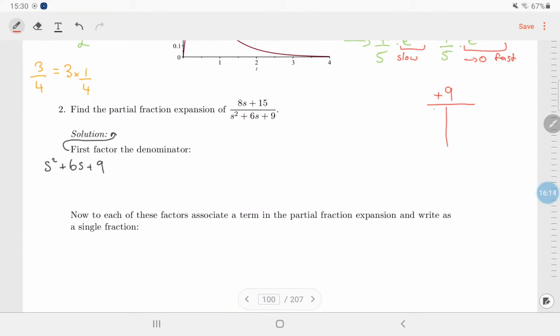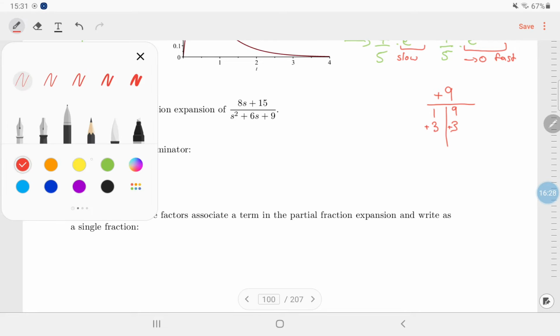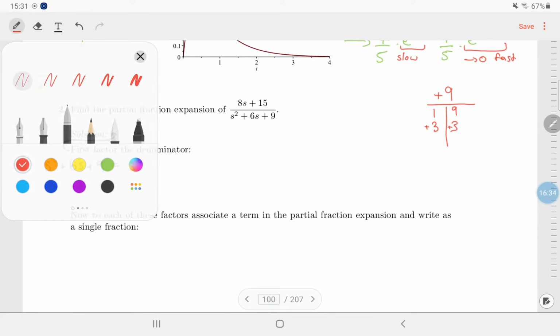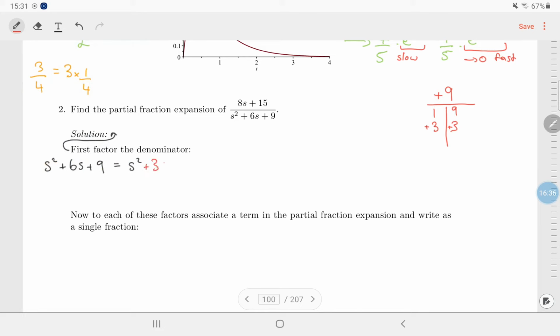It's easy. So I get 1 by 9, 2 doesn't go, 3 by 3, 4 doesn't go, 5 doesn't go, 6 doesn't go, 7 doesn't go, 8 doesn't go, 9. We already have 9, so we're done. Can we make a plus 6 using a pair of these? We can do plus 3 and plus 3. So let's rewrite this thing here as s squared and rewrite the 6s as plus 3s plus 3s